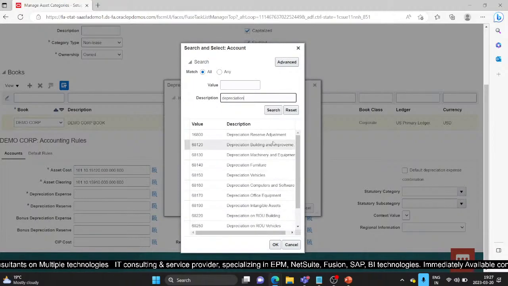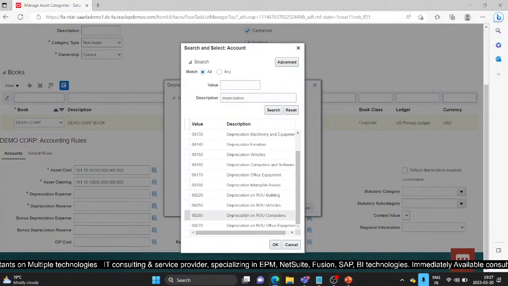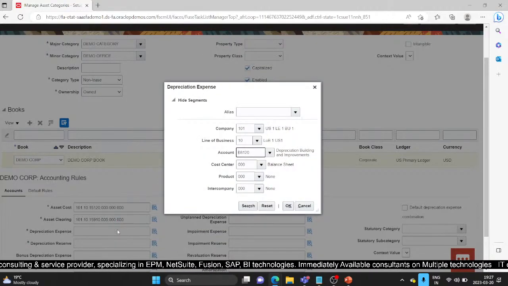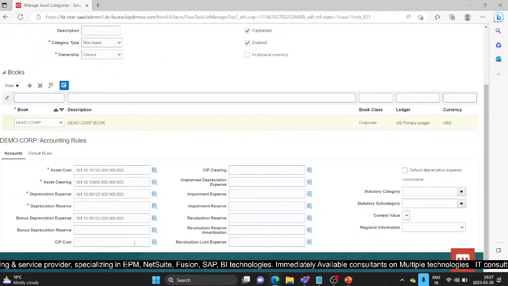So I have this ROU building here for the depreciation of the, no, what is this, depreciation buildings and improvement, 68120. I'll select this one. Okay, and the depreciation reserve,